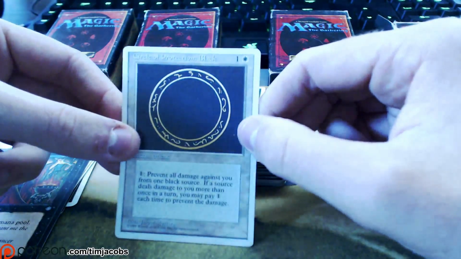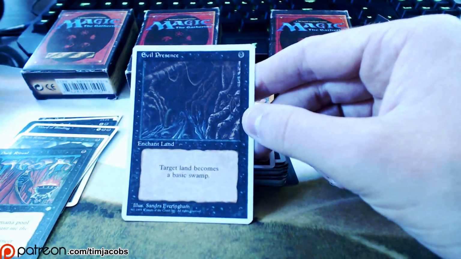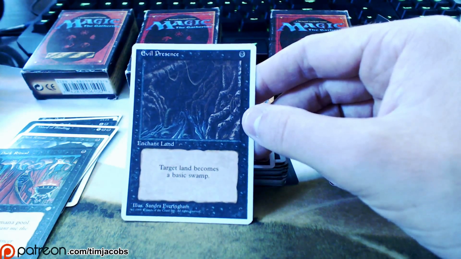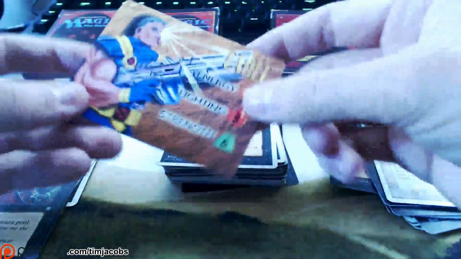COP Black. Okay. Evil Presence. Very cool looking card art here. Target land becomes a basic swamp. 1 cost. Not a terrible card, especially if you're playing with multiple colors. I'll put that off to the side. Actually, it sounds pretty interesting. Speaking of interesting,